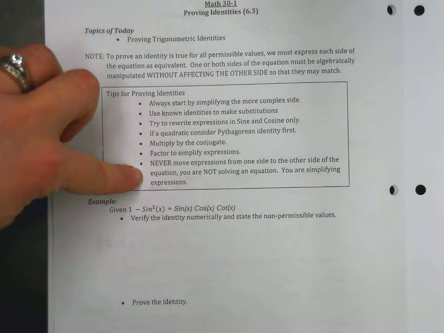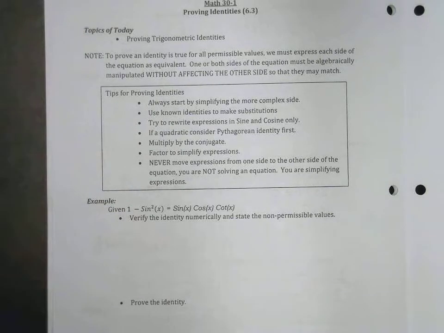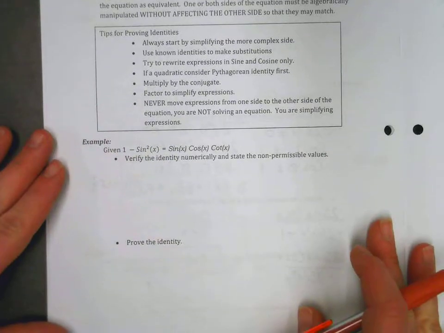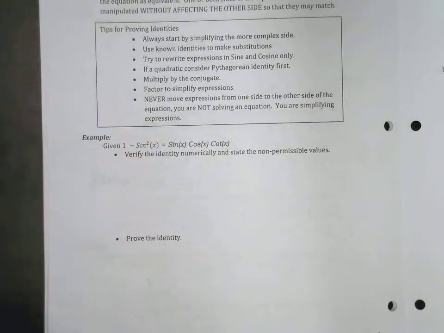And then you're never going to move expressions from one side of the equation to the other. You are not solving an equation, you are simplifying expressions. So you're simplifying the expression on one side versus the other side. Okay? So the first example: 1 minus sine squared x equals sine of x times cos of x times